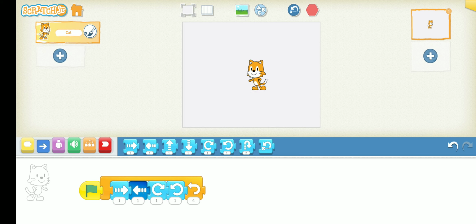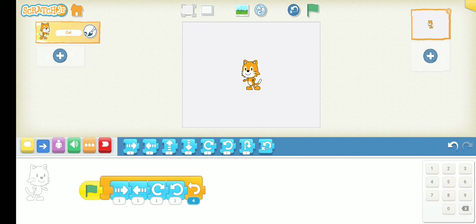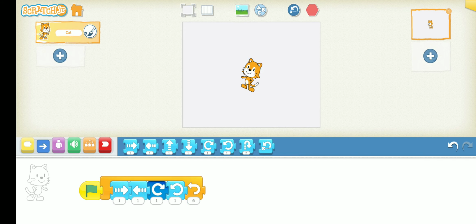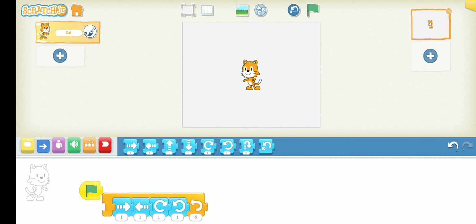See, it is playing for 4 times, right? We saw the cat moving for 4 times. You can increase the number, suppose I make it 6. Now this time see, it is playing for 6 times. So this way you can create your animated stories. I am deleting this block also.